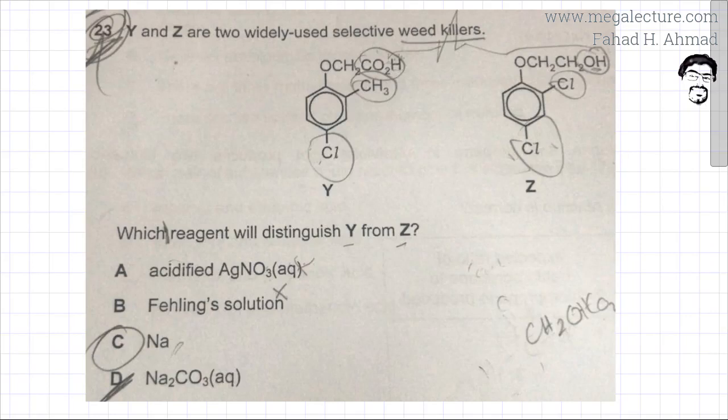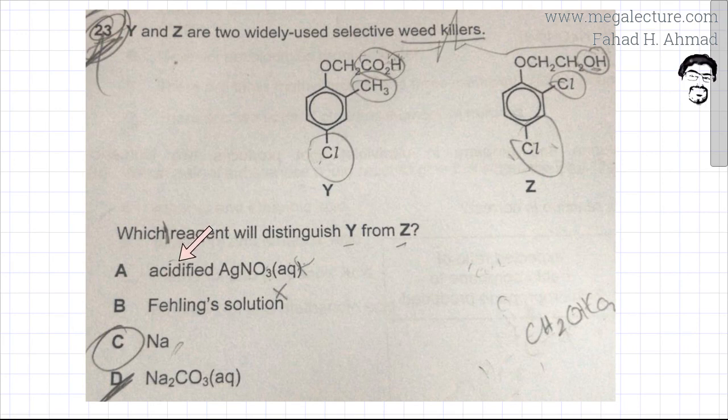The following question reads that Y and Z are two widely used selective weed killers. You can ignore the working on the question for now. So there are two organic weed killers, Y and Z, and the question is which reagents will distinguish Y from Z. So I'm going to first figure out